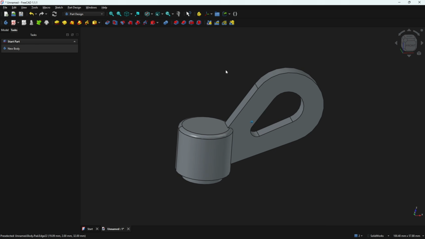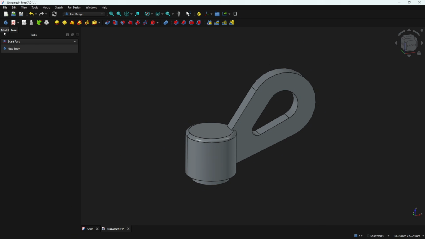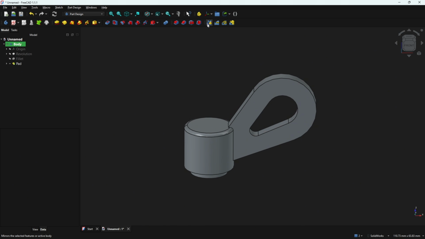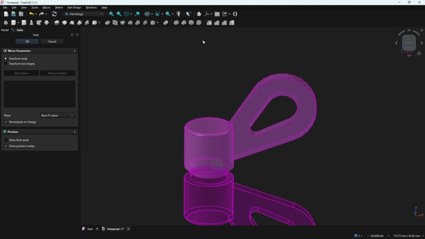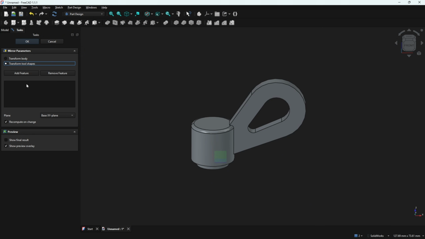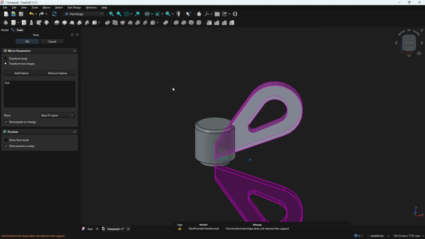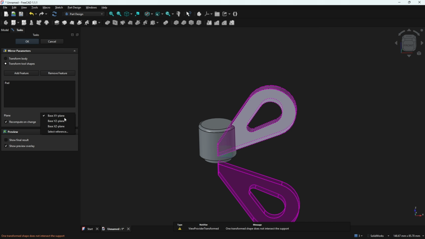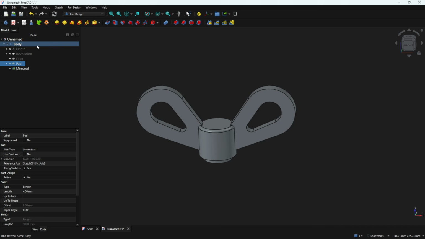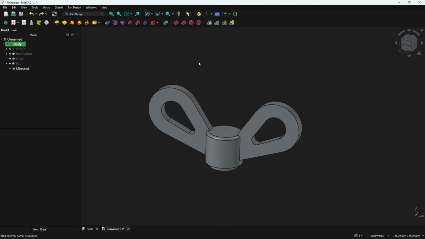We made this one. Now to create the same part in the other side, go to mirror, and here select transform tool shapes and select add feature, select this body here. Okay, and the plane here, select YZ plane and press OK. We made this one,